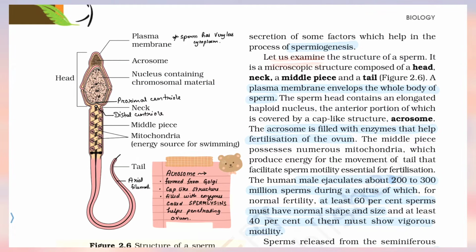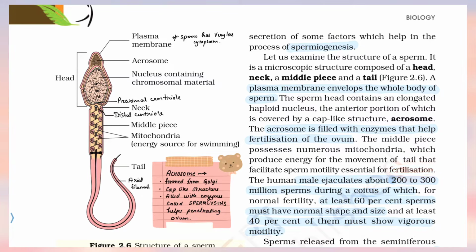Let us examine the structure of a sperm. It is a microscopic structure composed of a head, neck, a middle piece, and a tail. Plasma membrane envelops the whole body of sperm. The sperm head contains an elongated haploid nucleus, the anterior portion of which is covered by a cap-like structure, the acrosome. The acrosome is filled with enzymes that help in fertilization of the ovum. The middle piece possesses numerous mitochondria which produce energy for the movement of the tail that facilitates sperm motility essential for